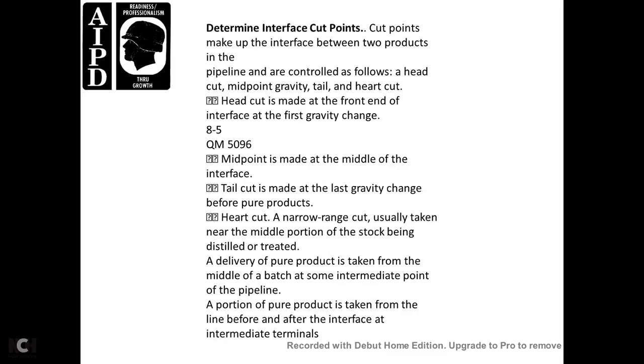Cut points made in the interface between the two products in the pipeline are as follows: a head cut, a midpoint gravity cut, a tail cut, and a heart cut. A head cut is made at the front end of the interface at the first gravity change. Midpoint is made at the middle of the interface. Tail cut is made at the last gravity change before the pure product. Heart cut is known as the narrow range and is usually taken in the middle portion of the stock being